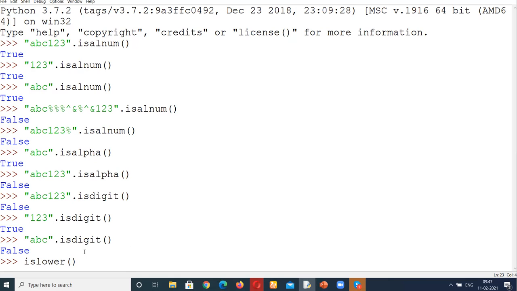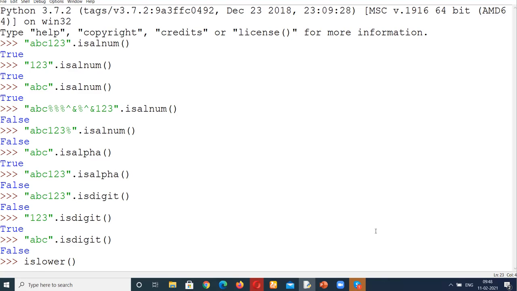Lower case. Check. Very good. It is going to check for the lower case. Now see what you have to understand. A few days ago we made one program in which we applied our own logic. Like if the character is greater than or equal to small a and less than or equal to small z, then it is in lowercase. So instead of that, you can apply this function. But again, as I said, we should apply our own logic if we can, because this is single line logic. So in that case we can use our own logic.